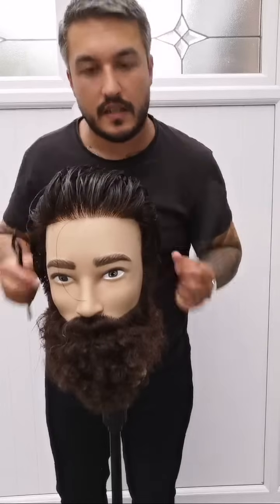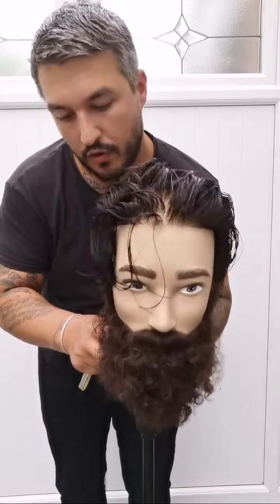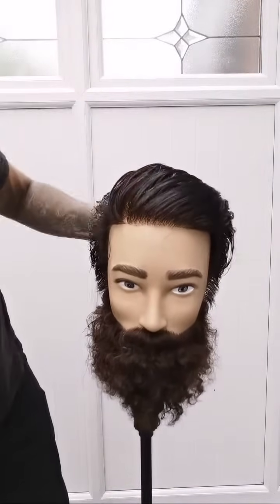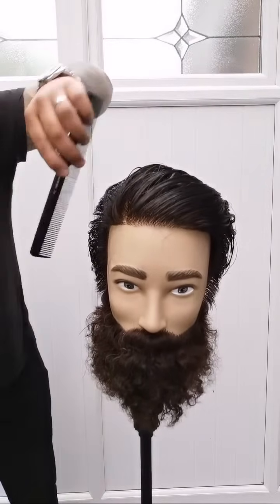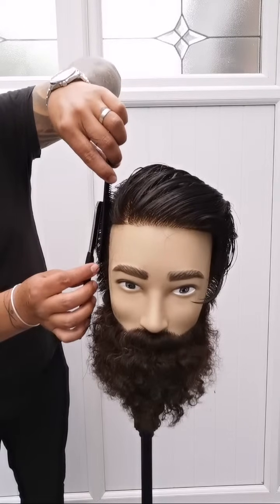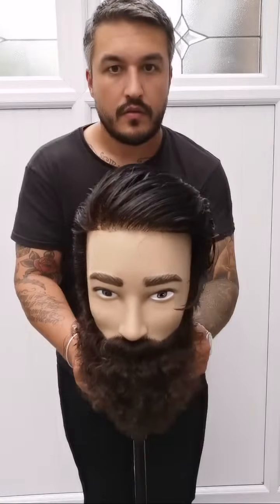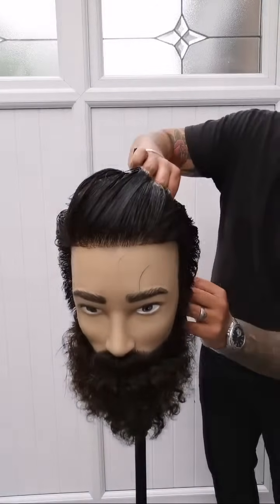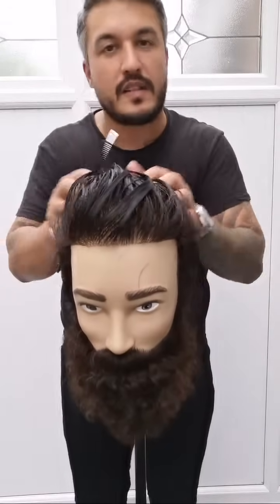So I'm just going to use the razor just to guide the hair for me. I want it to fall back a little bit as well. So I'm just going to comb this out the way. And you don't need to be too methodical with the combing on this. Run the comb in. You can't see it, it's my t-shirt. Run the colour down, but it's alright. What you do is run the razor behind the comb just to cap that off. It just caps off like that. And bring that through. It just helps to cap off the sides, just maybe sticking out a little bit because you've got really straight